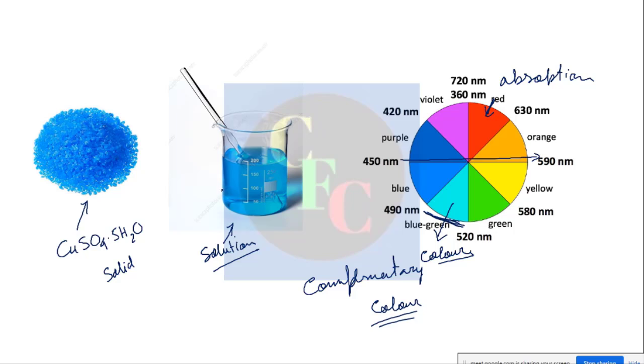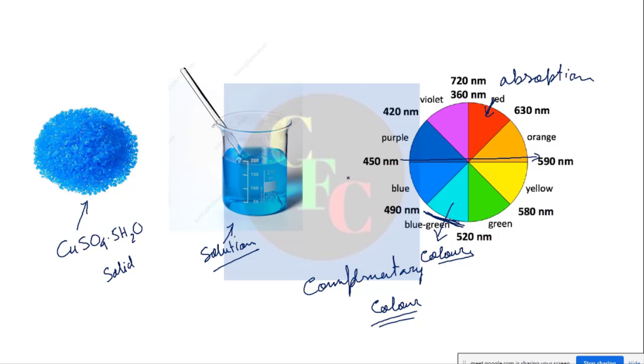But see, each one of us has a different capacity of their own eye. The color you are looking at, the blue, for you that might be somewhat darker. For the same solution, for my eyes, it might be a shade of green. So we cannot rely on our eyes, the manual eye, and say that this is the color and that will be the absorption band. For that we need some instrumentation technique which will exactly show us where it is absorbing.